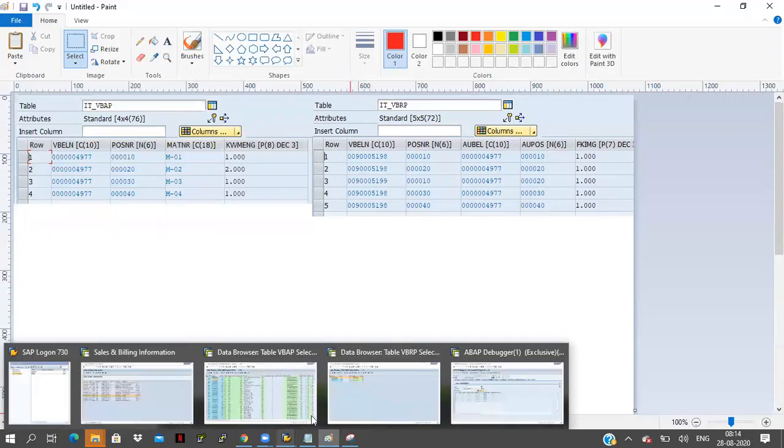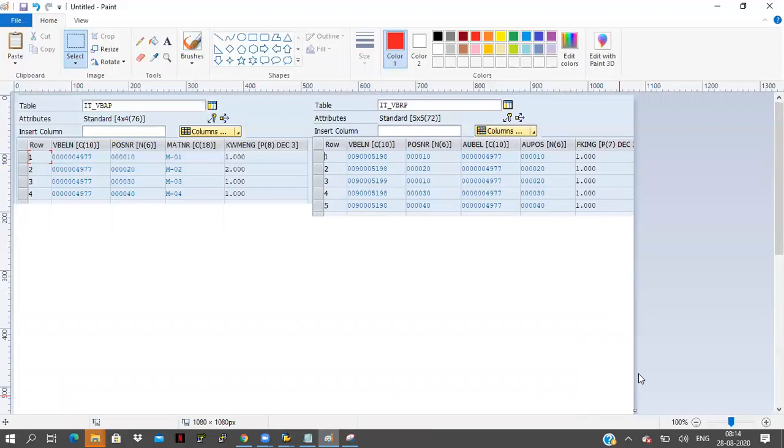Hello, sir. Yes. Sir, I have a doubt. Why are you changing the sales document number to 5199? Actually, for a single document number, we may have 2-3 items also, right? But in the VBRP data, it is showing only one record. So for a single document, I want to add 2 more records. That's why I'm adding 5199 here. Okay, sir. Fine now.